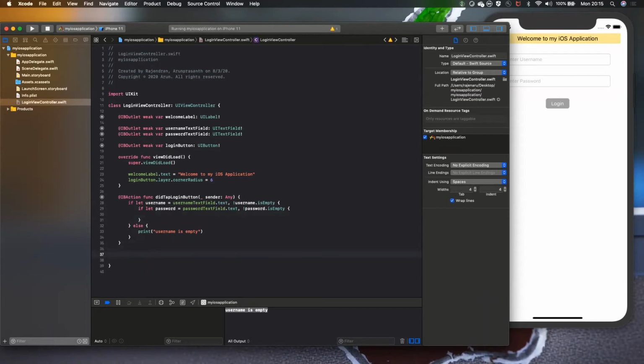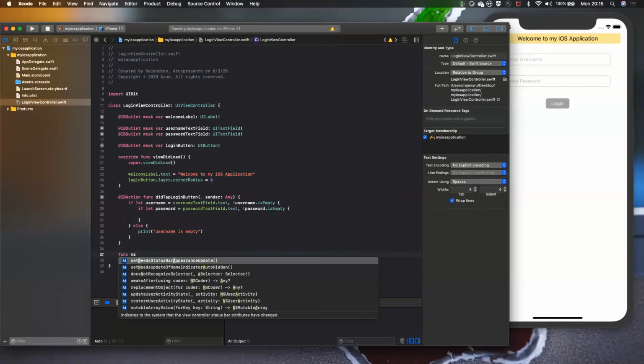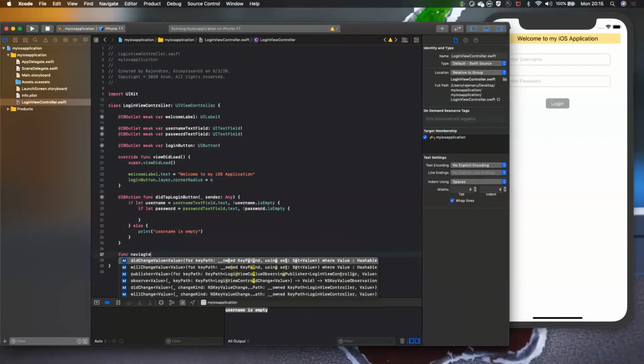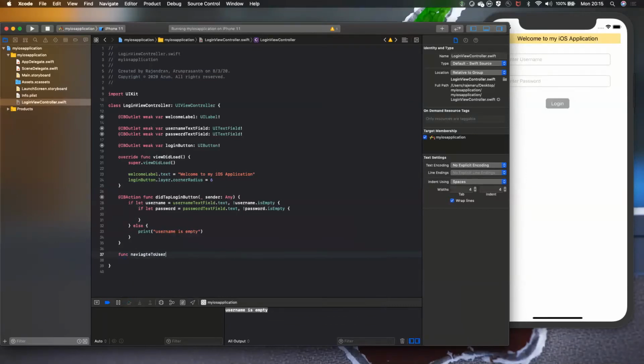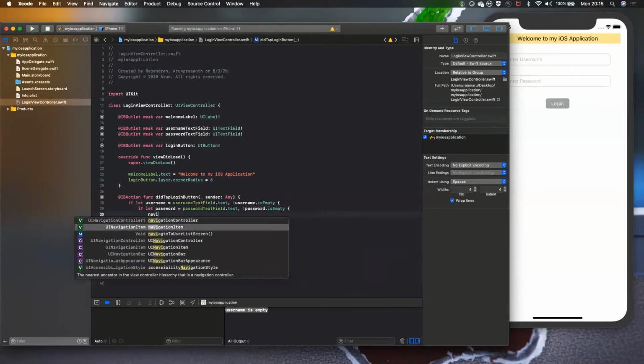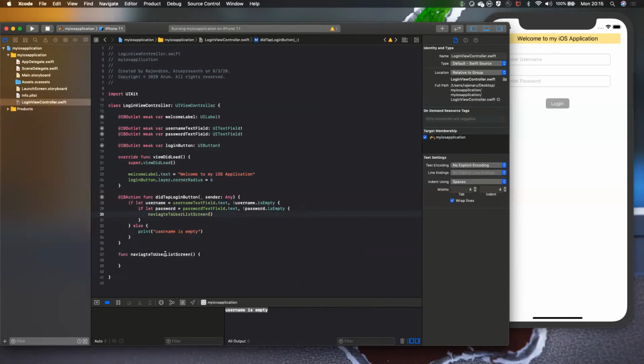We create a separate function, navigate to user list screen. So when the username and password exist, we will be calling this method and we will be showing the different screen. So inside this, I will just call navigate to user list screen.